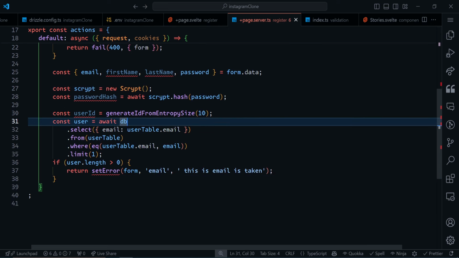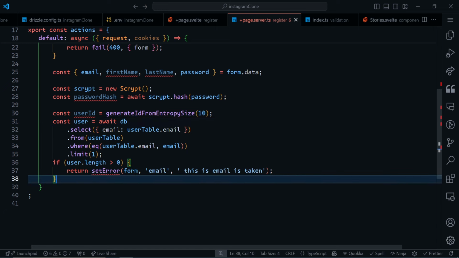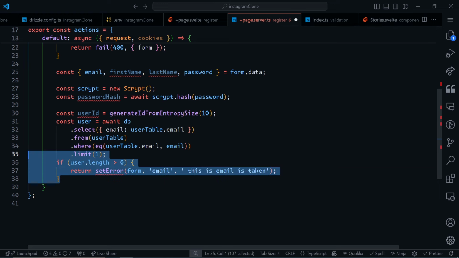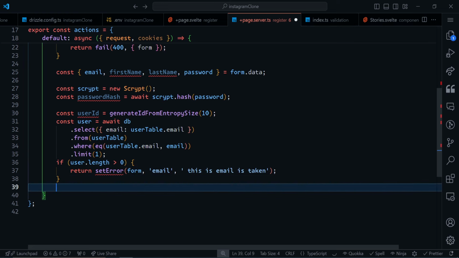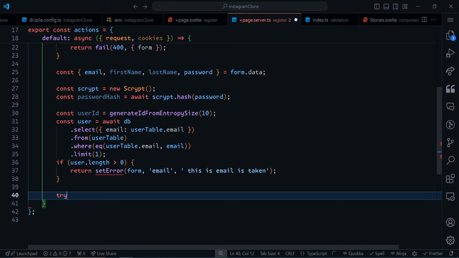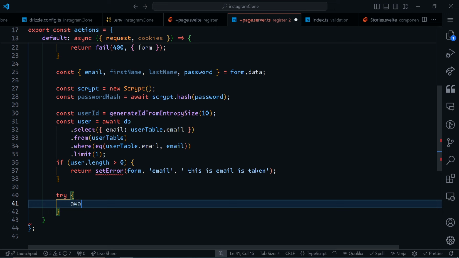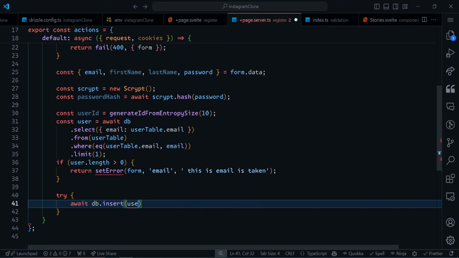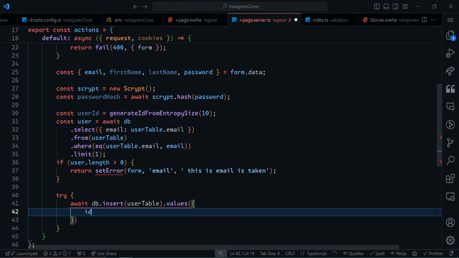But let's continue. So if this actually didn't run, make sure you actually import setError first of all. Now if this actually didn't run, we'll just continue to the next line. And it's going to be a try and catch block that we'll have right here. So say try, then try without await db.insert. Where do you want to insert? To insert in the user table,